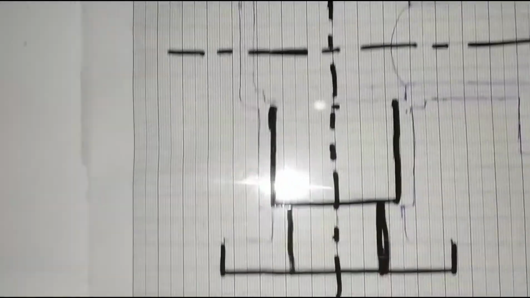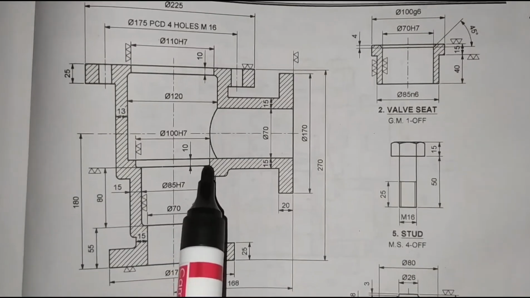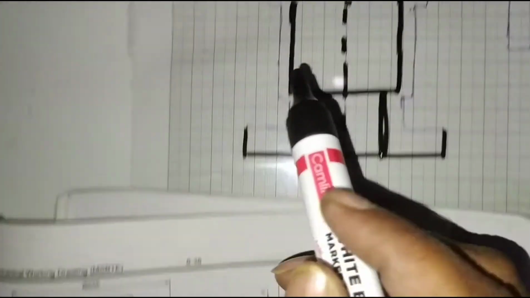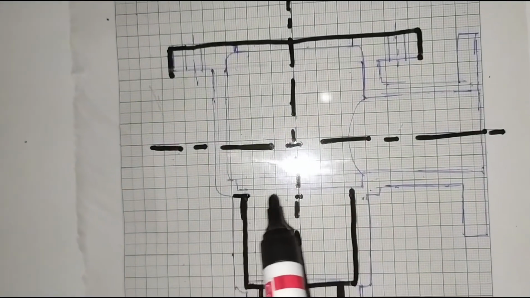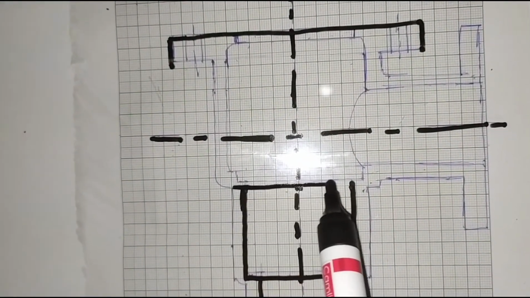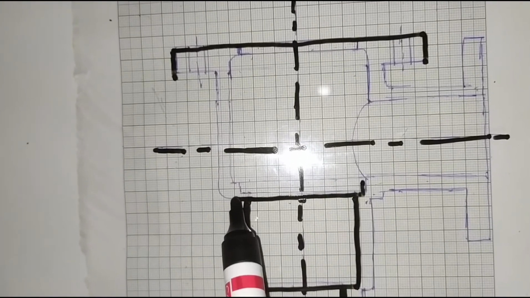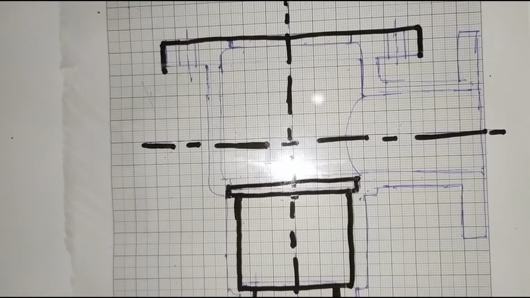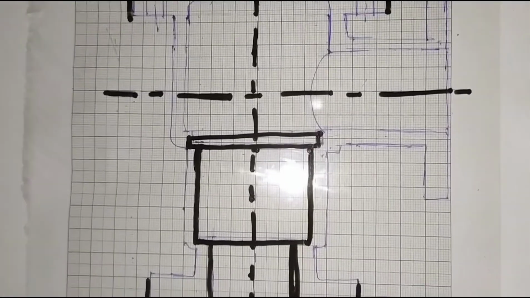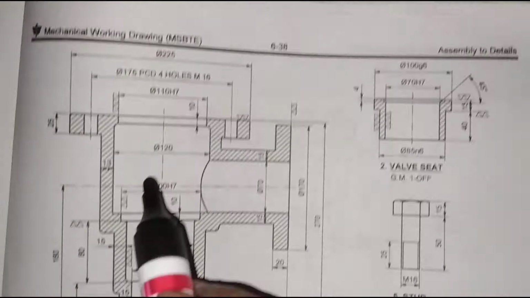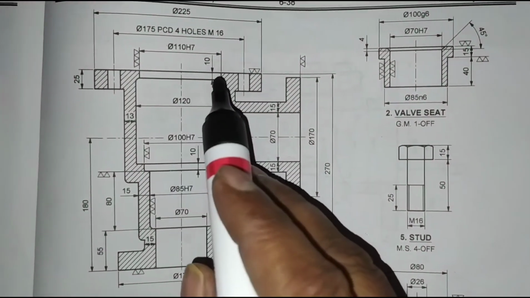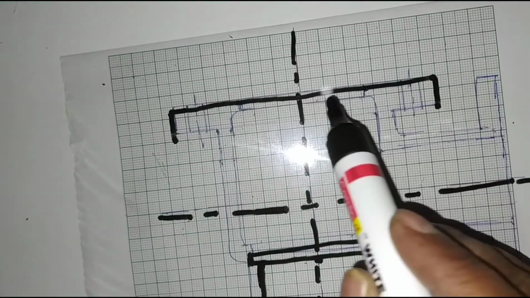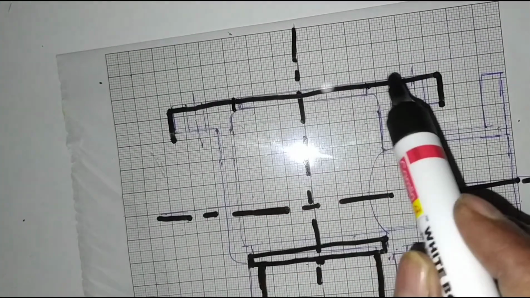Now what is this diameter? Look at it here. It is 100 mm. For what length? For 10 mm height. I will draw it. Okay, now look here. What is the diameter? That is 120 mm. For the length, we have 10 mm left here. What is the diameter for 10 mm? That is 110 mm. I will mark on either side.